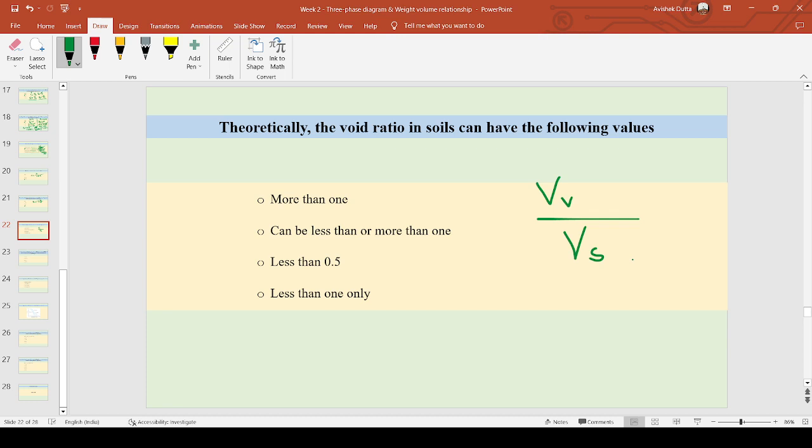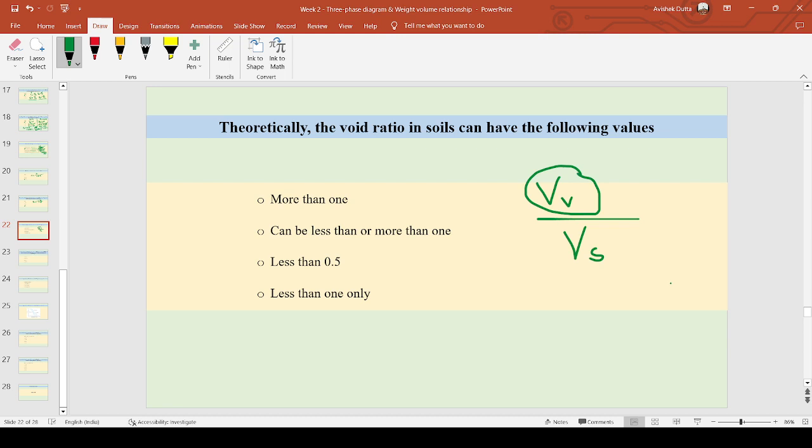That's what happens when you go on adding water and water and water. Then what happens to the volume of voids? If we are going to add water to a soil which is not having any particular shape, we're just adding water to any particular soil deposit, then what will happen? The volume of voids, will it remain constant? No, sir. Volume of void will not remain constant on addition of water, on definition of a different space, a different domain of the soil experiment. This volume of voids can anytime